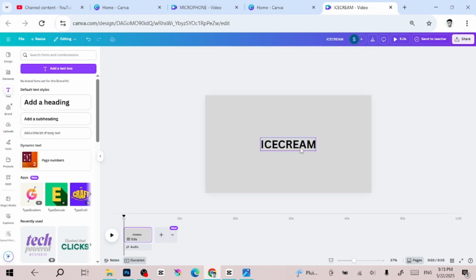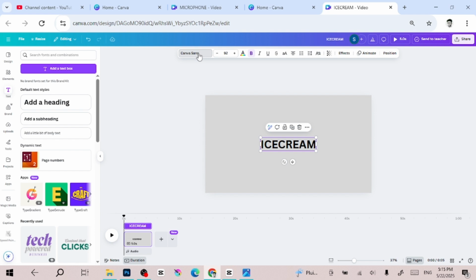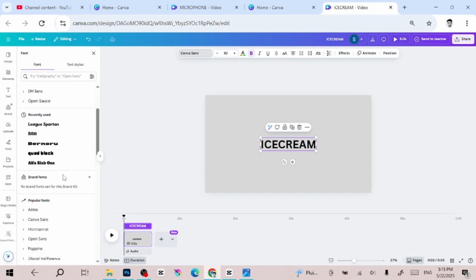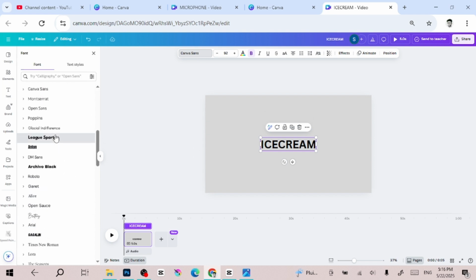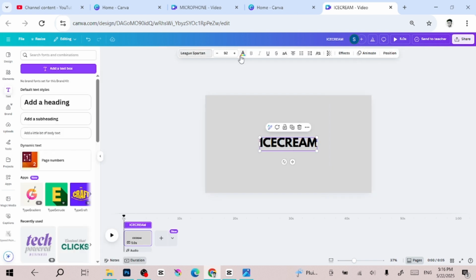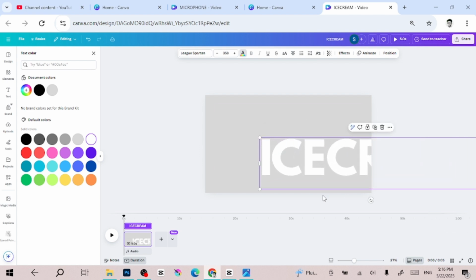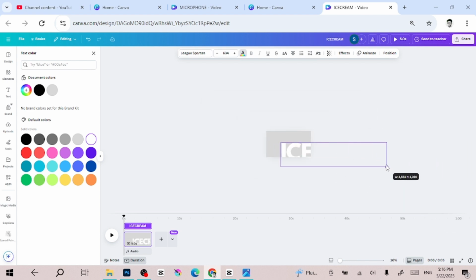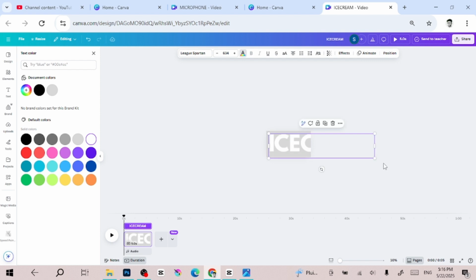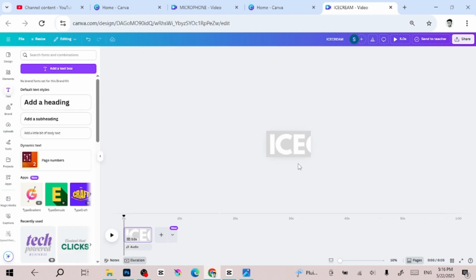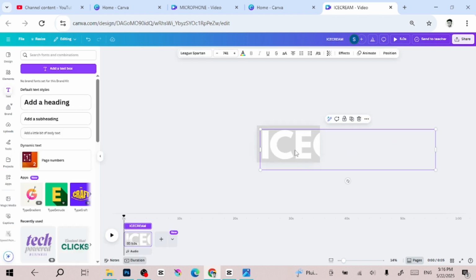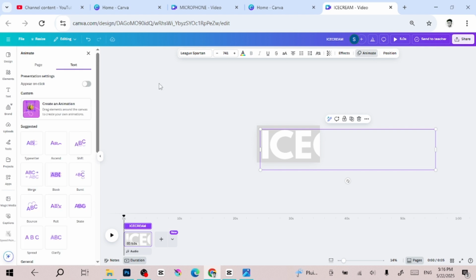And change the font if you want. For me, I would change it to this font and change the text color to white, like this. Increase this text and put it exactly here. After that, you just have to go and click on your text and go to animate and click create